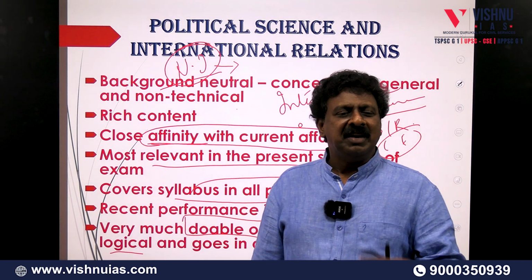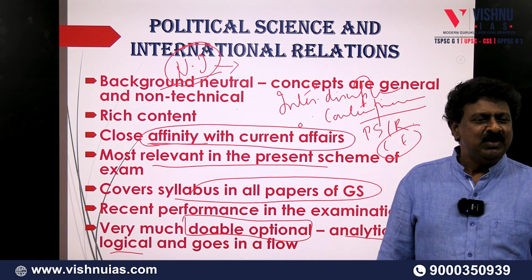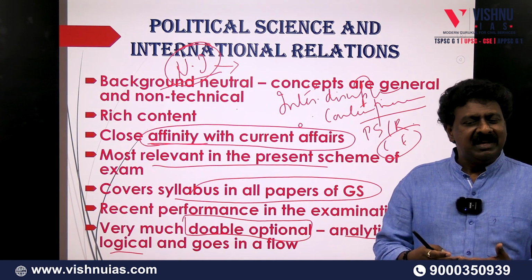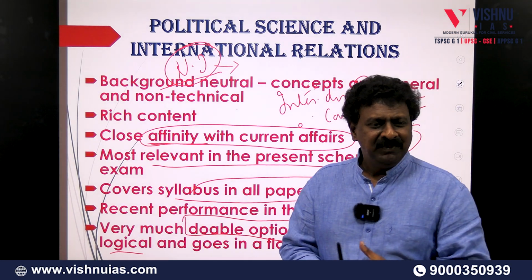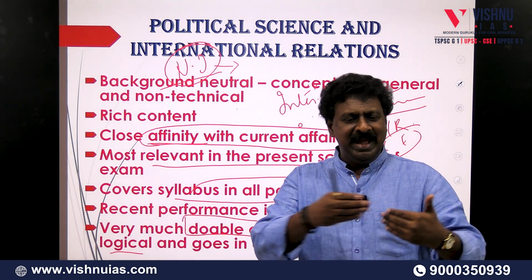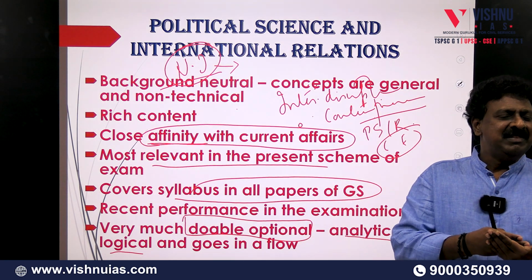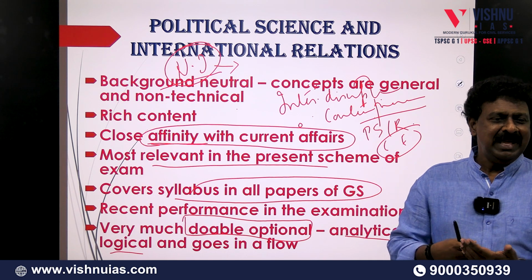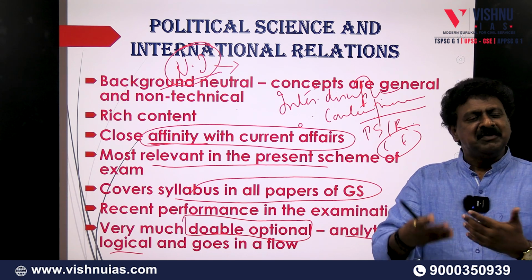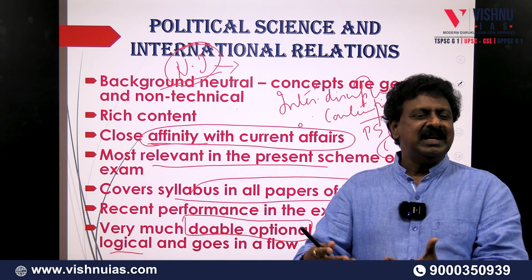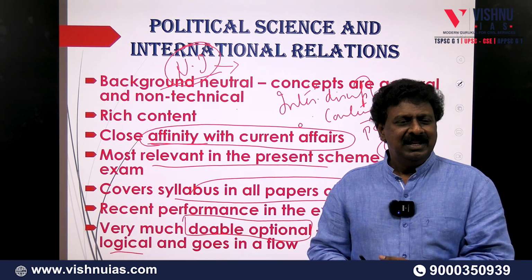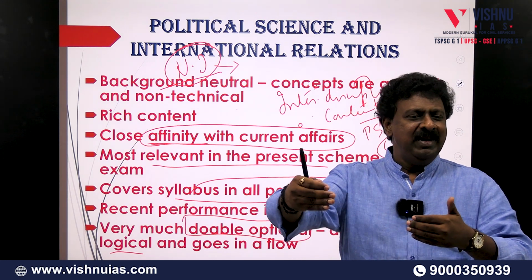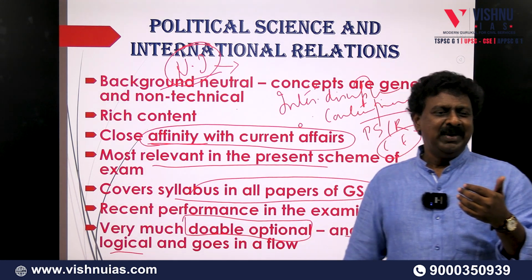You start with thinkers, you start with Plato, Aristotle, you start with Machiavelli, who is considered to be the first modern political thinker. Then you look at Thomas Hobbes and John Locke, who had given a basis for state. Then you look at Karl Marx, J.S. Mill, there's a way. After you finish Western political thought, you start looking at ideologies, and then you look at the concept of state, and then the theories of state. So political science goes in a flow, in a particular sequence.